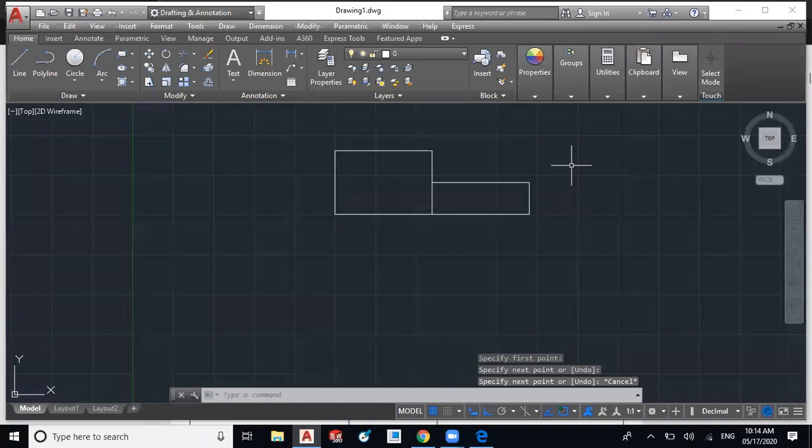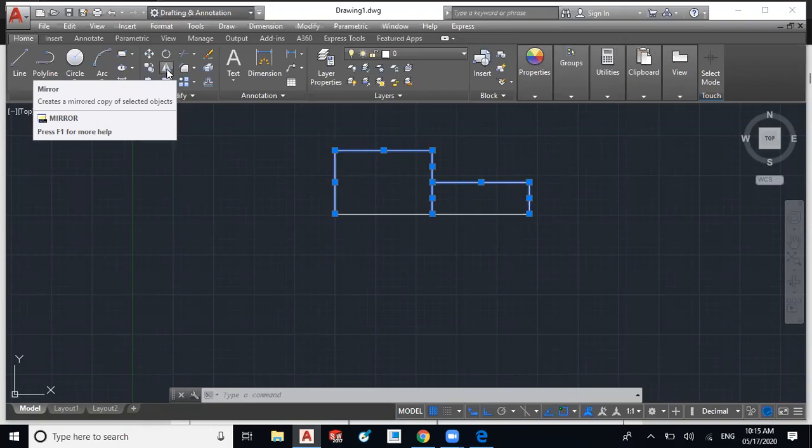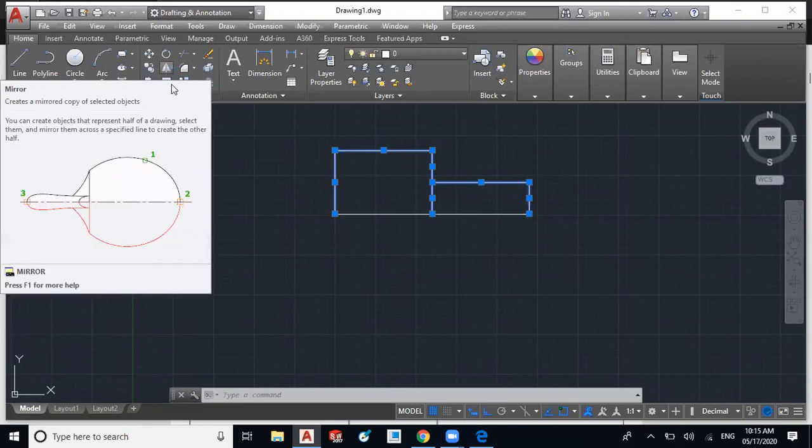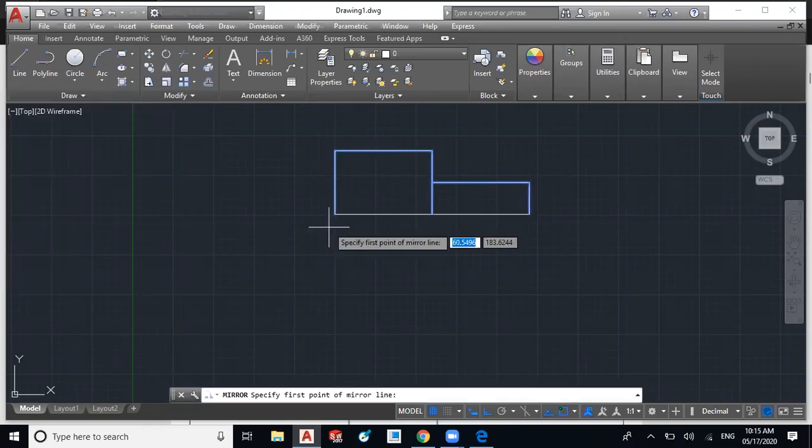Now I will select all this upper portion by using a selection method. Okay, I have used the right to left selection method. Select this portion and now we have to apply the mirror command. In the modify toolbar we have the mirror command. Select this mirror and now apply the mirror line.